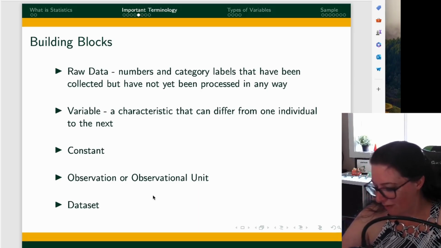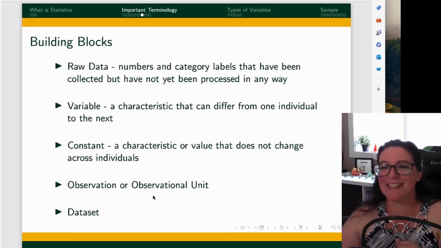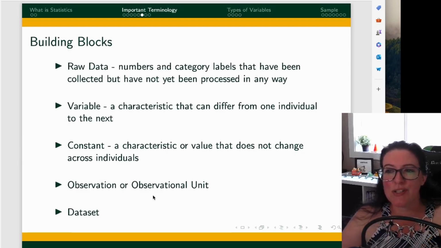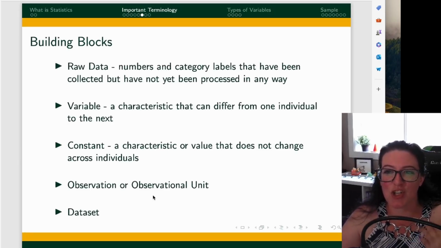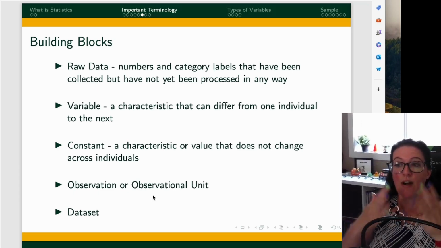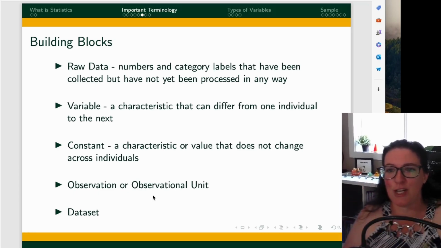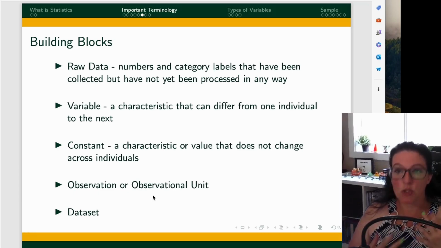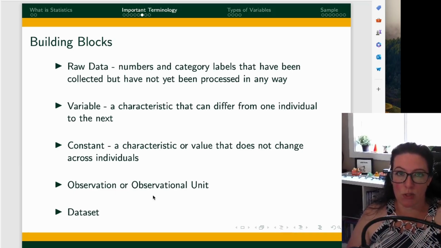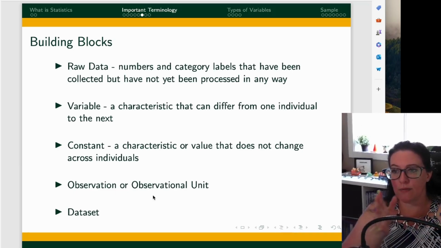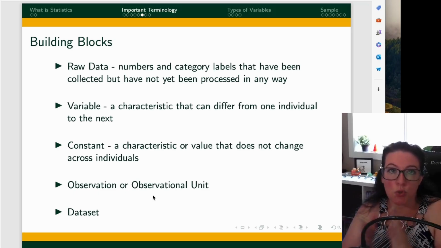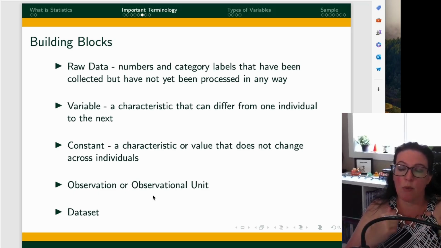My mouse is not going far enough. There we go. Constants. A constant is a characteristic or a value that does not change. So variables vary, they change. They can be different for each person, and constants don't change across the individuals. So we want to recognize the difference between a constant, which is true for everyone, same number for everyone, and